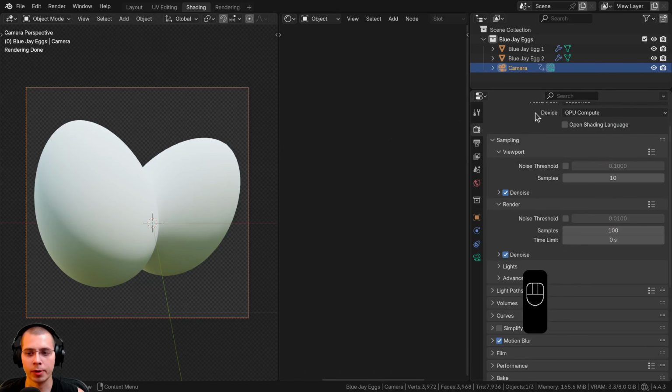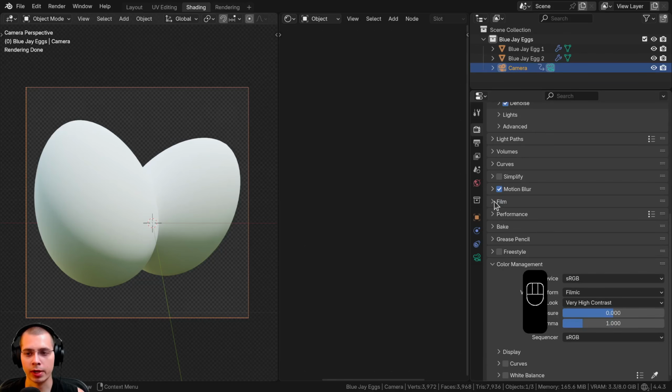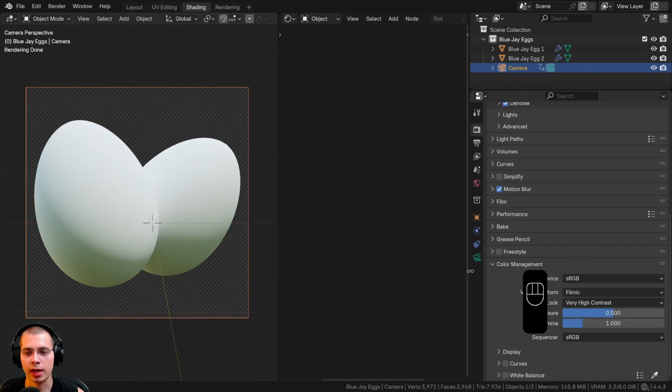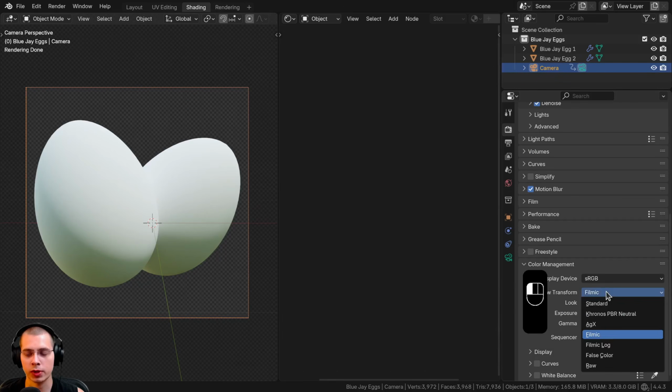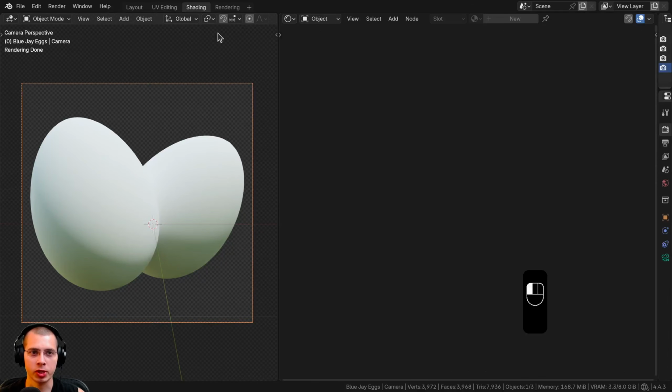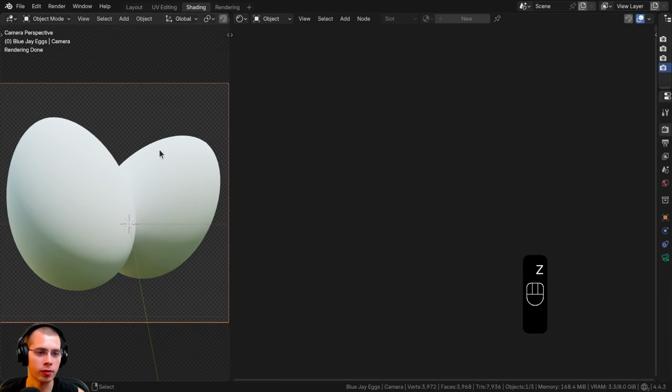And then also let's go up here to the render properties, and I went down here to the film tab and clicked on the transparent button, so the background's transparent. And here in the color management, I'm using the view transform of Filmic, and I set the look to very high contrast. So I'm in the shading workspace, so I have the 3D viewport right over here, and I'm in